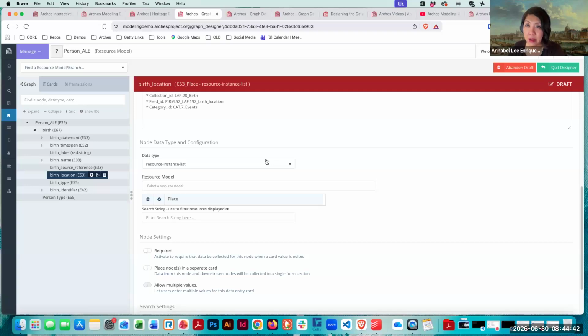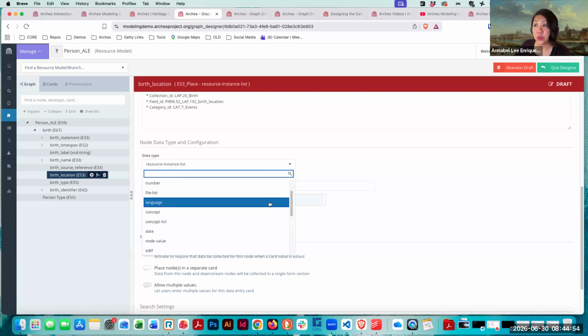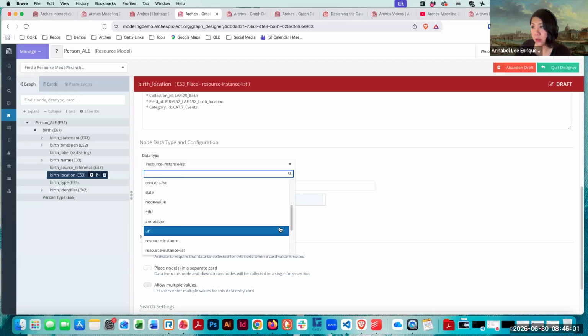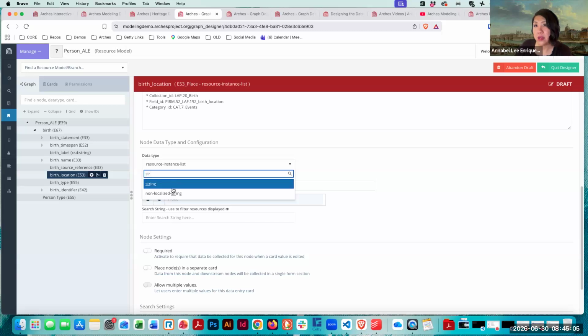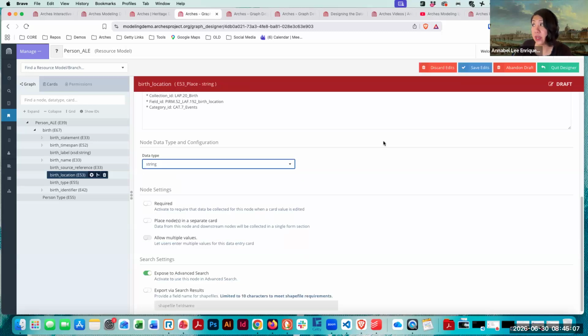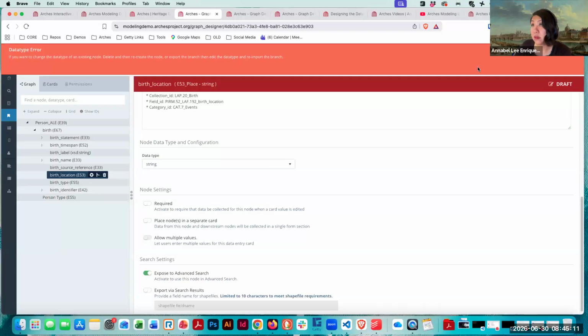But right now, what George referred to is that currently the data type is resource instance, which means that it points to another model type, like in this case, place here. But I could change this to, say you just wanted a string to represent this, which is I think the use case that you discussed. I'll just type in string, and now that's changed. So if I save this,